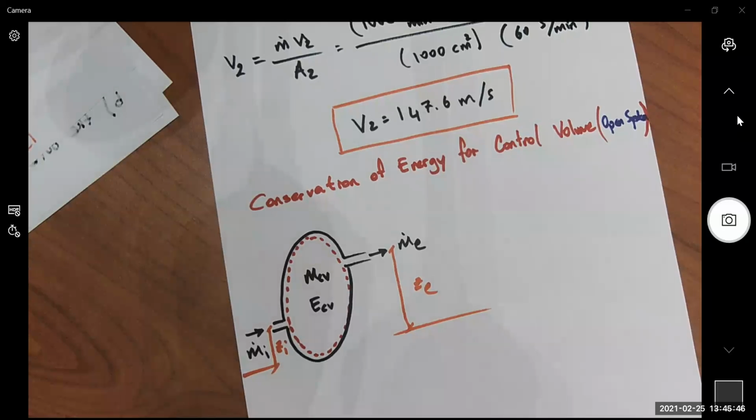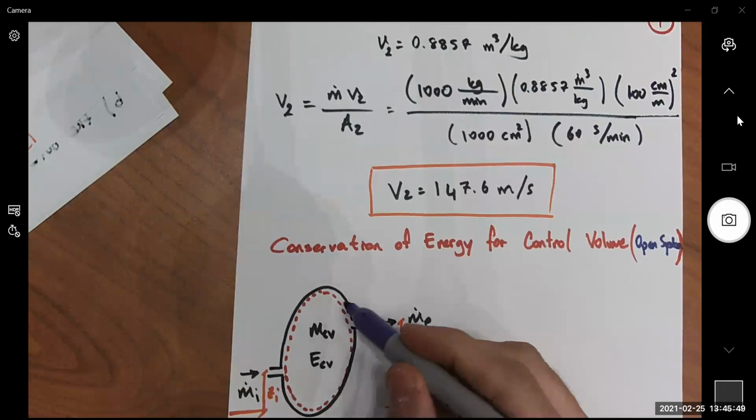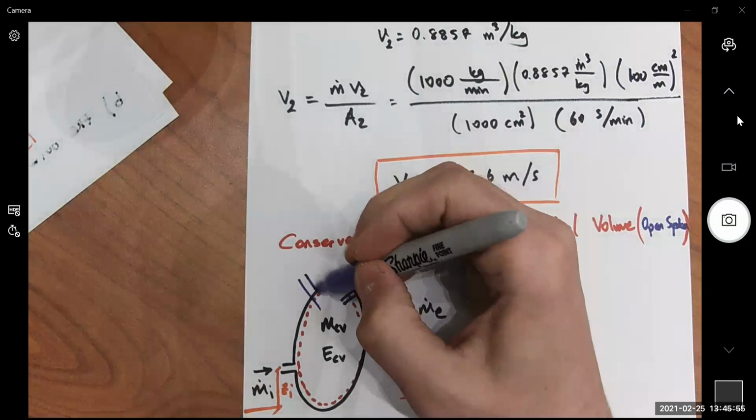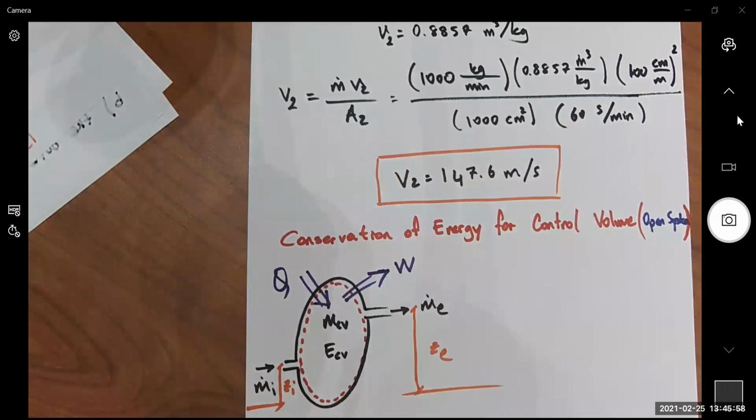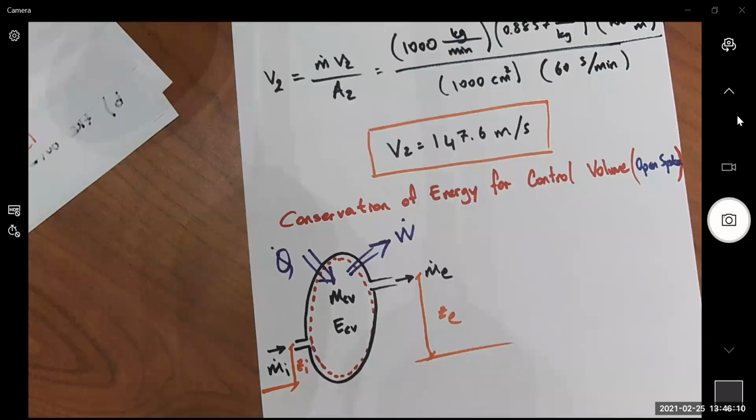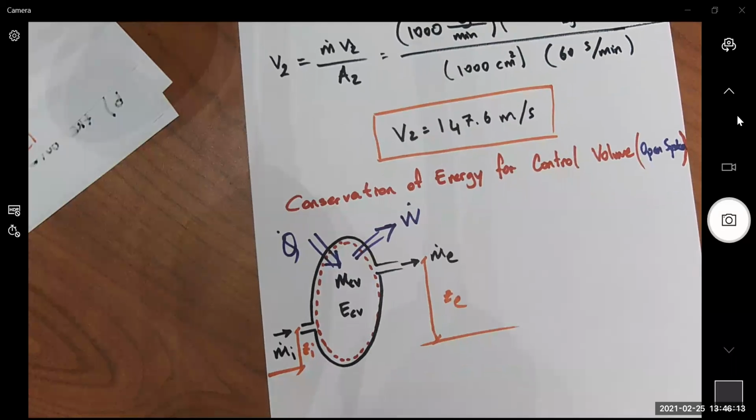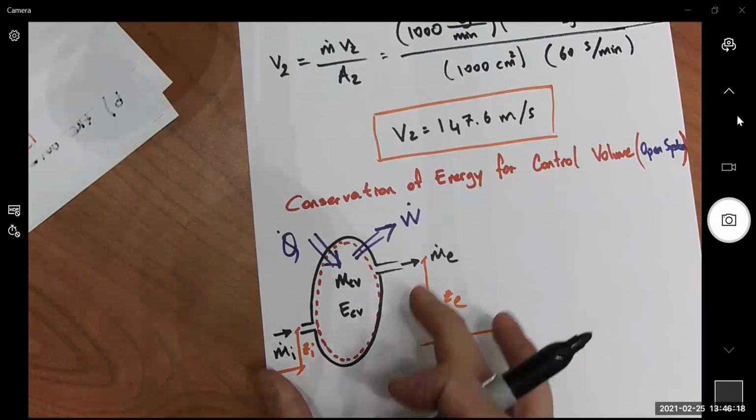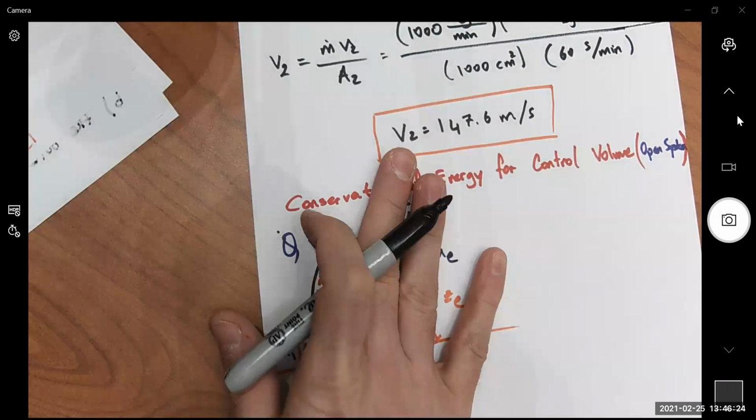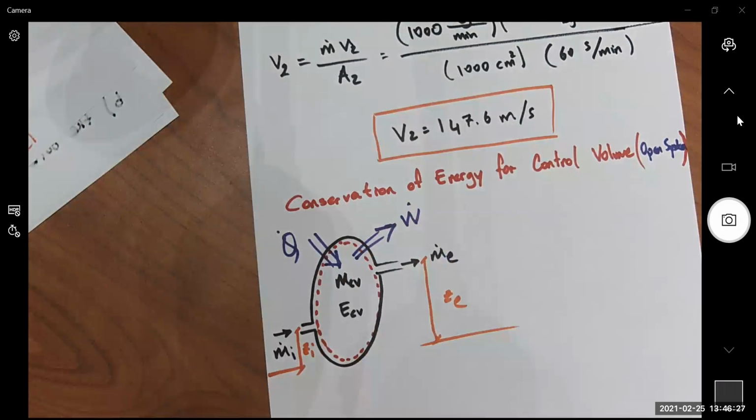Let's mention this as well. We have a work interaction, heat interaction, sets. In or out, in or out. So by just looking at this specific schematic, you can write the energy change